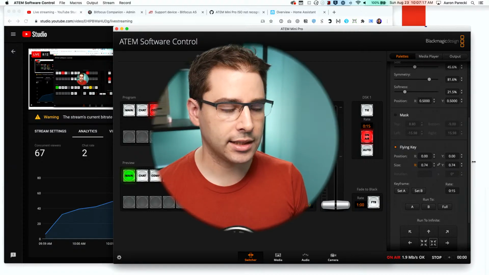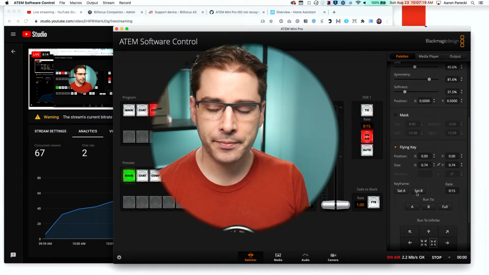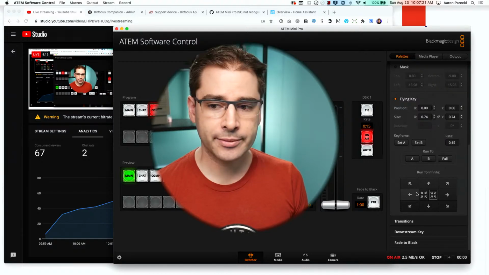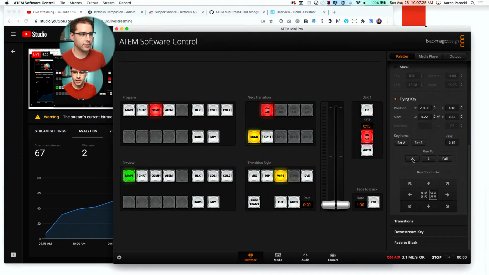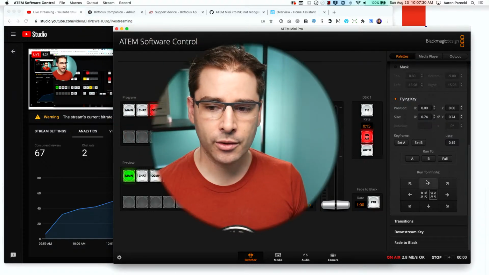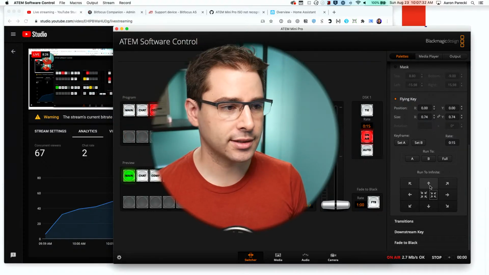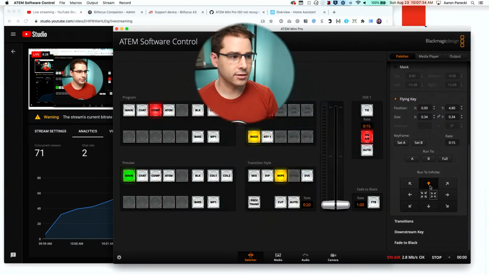And this is position B. So now I've got those two keyframes saved. So now I can say run to A and I animate over there. Or now run to B. Or run to infinite, which is going to make me disappear.